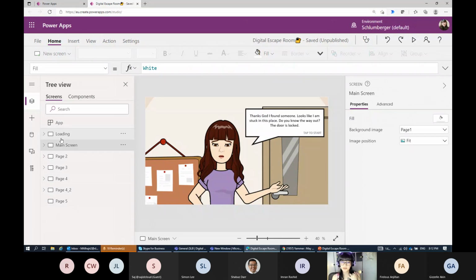So here we go. First step, what I mentioned is that we need to write a story. So the first step that I did was I wrote my story. What's my story here in this game? My story is to build a digital escape room. And the main topic that I will cover is Power Platform. So I want the end user to be familiar with Power Platform tools in the easiest way.